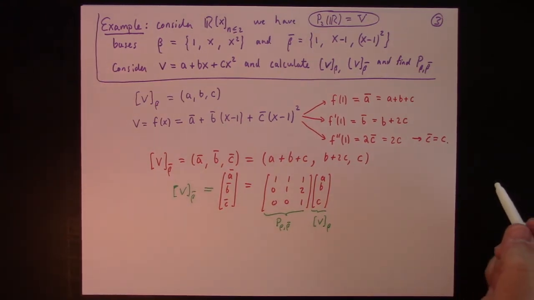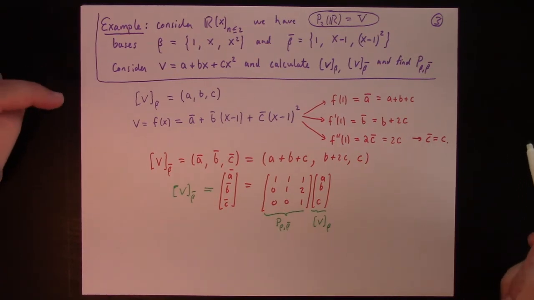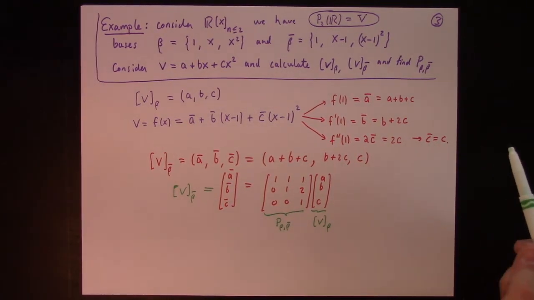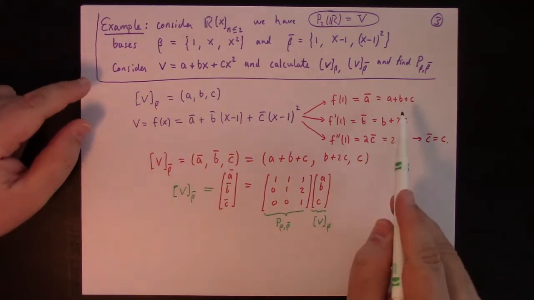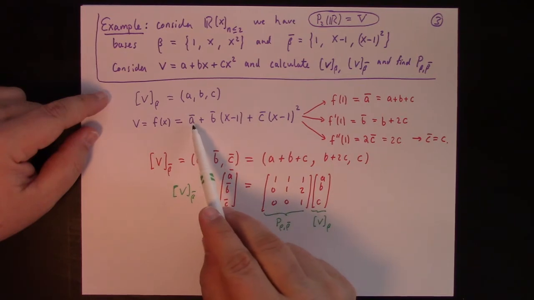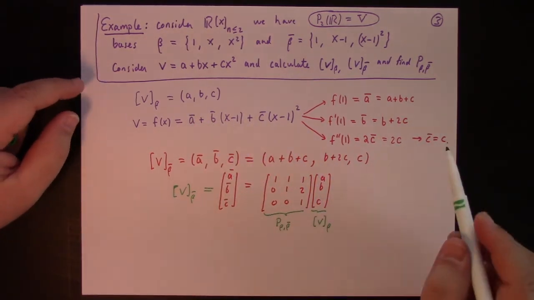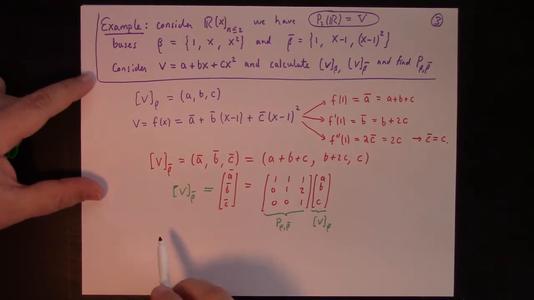So that's one way you can, through some direct calculation, relate the expression of the vector in terms of one basis and the other. If you pick an arbitrary vector, you relate the coefficients of that arbitrary vector to the new coefficients in the new basis, and that's what I did here. Now the other way you can go is directly from the definition,